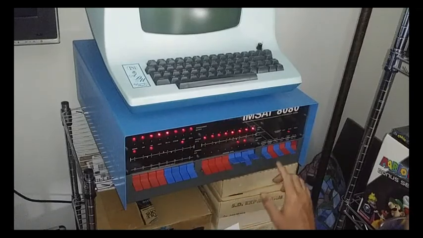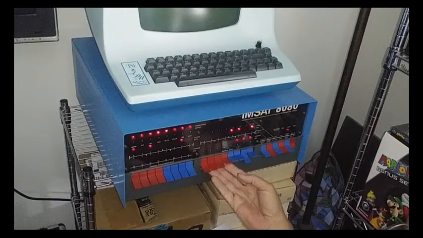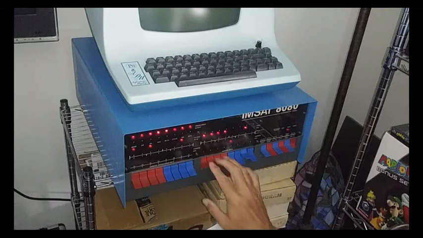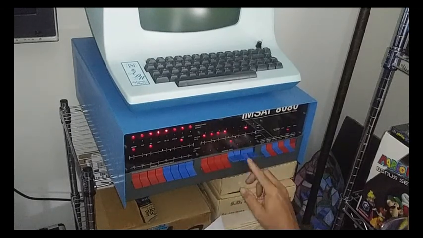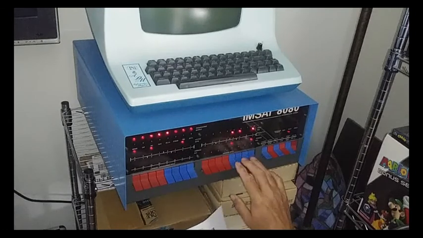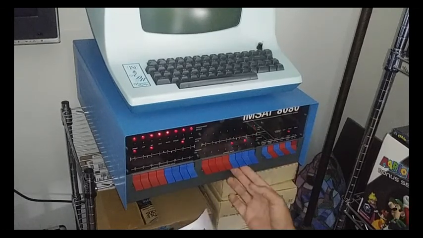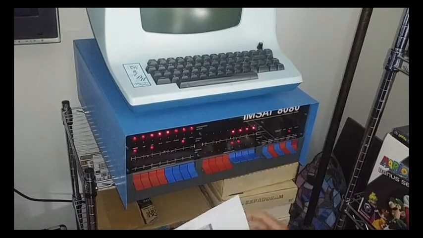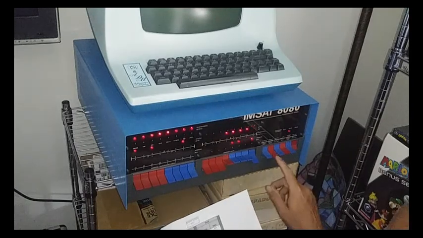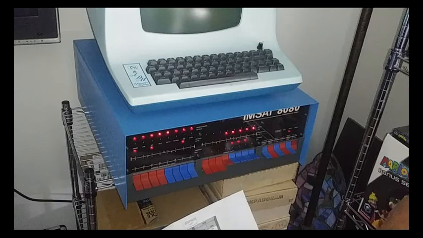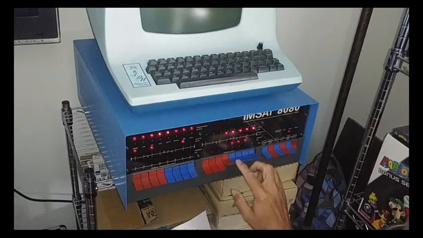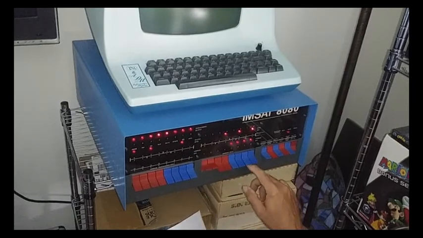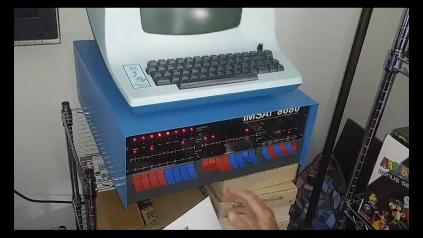0D, F2, back to 0D, 00, 0E, 0F, 1E, 1F, 15, C2, 0F,